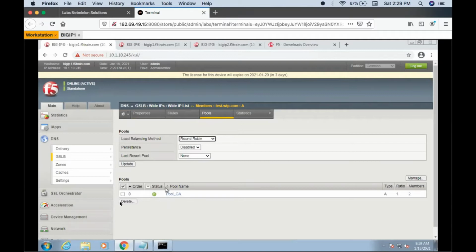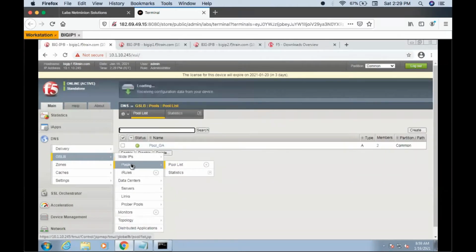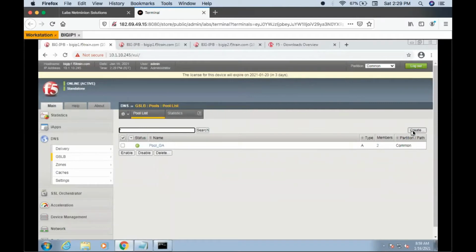If I create one more pool, 0 and 1, we can do it that way also. Do you want me to demonstrate? Yeah, no problem. Sure. So this is clear: you cannot use it here unless you are having one pool. But the moment you create one more pool, suppose